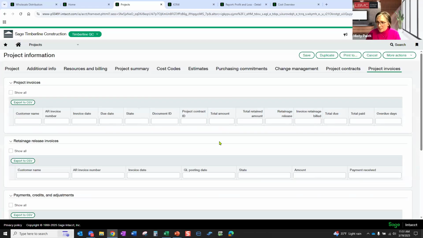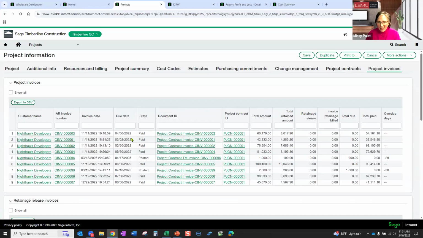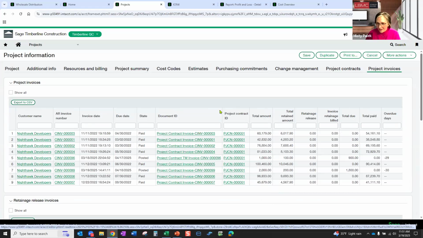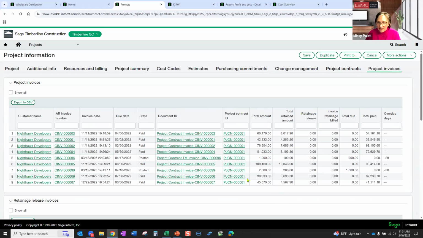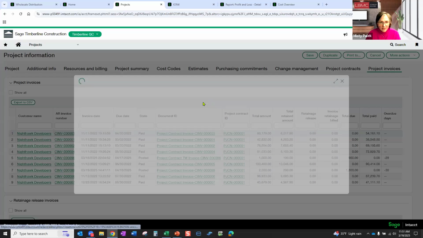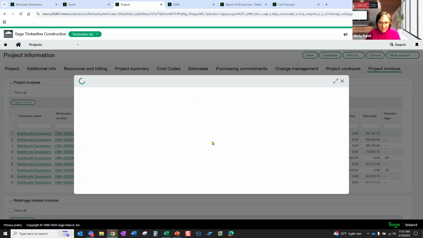We could also look at project invoices. So if we wanted to look at all the invoices that went to the owner on this project contract, that's just another drawer within our filing cabinet, right? We open it, we can see these, we can drill down on these. I will just show you that real quickly here. We'll see if we can